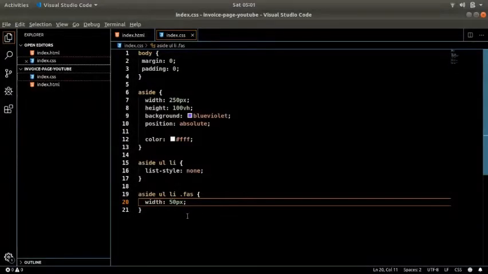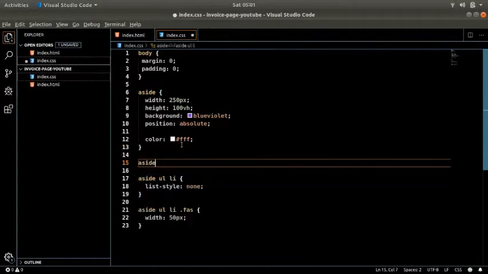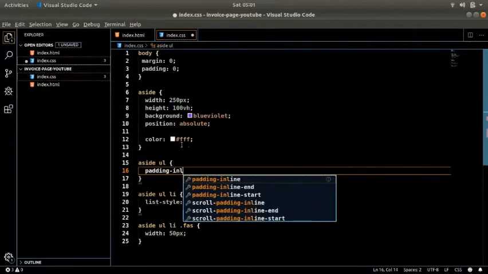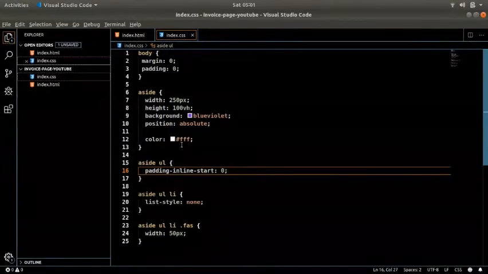So let's just set it to 0, and that will be set on UL. So the aside has a UL where we will set padding inline start to 0, and now it should just move to the left. Boom, it's done. It moved to the left.